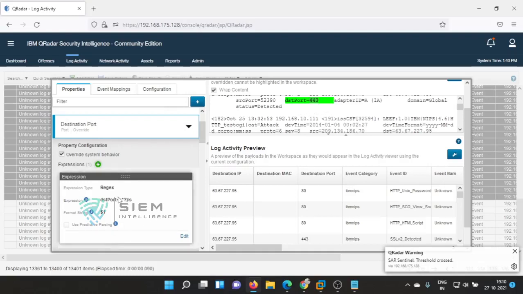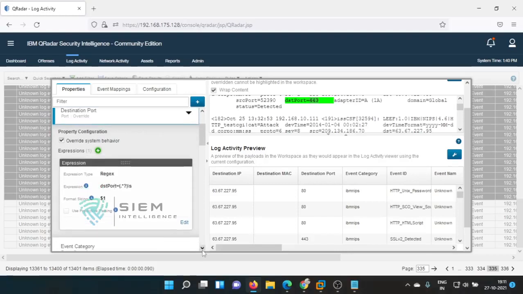That's the reason I am picking whatever is available between DST port equal to and the space. So I am using $1 here. Why? Because I am selecting the first capture group. But in regular custom properties, we used to give the capture group as 1, 2, 3, 4. Here we need to give a variable, that is $1.